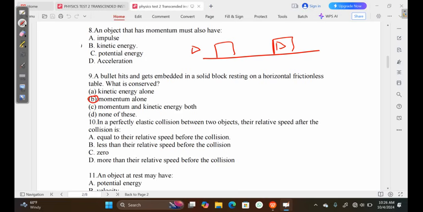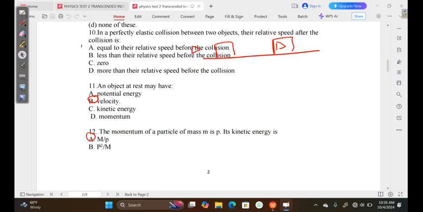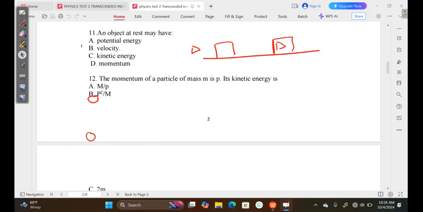In a perfectly elastic collision. This question I repeated 3 times. It's the same thing, equal to their relative speed. We talked about this. So A was the correct answer. Let us go to question 11. Question 11 is saying an object at rest may have